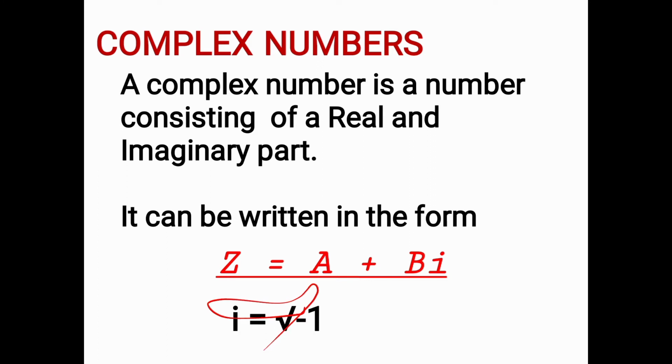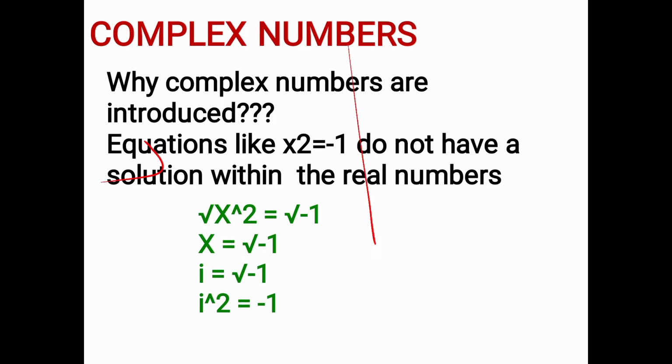Finally, we are coming to the complex number, which is z equal to a plus bi. A and b are real parts of the number, and i is the imaginary part. Example, z equal to 3 plus 4i, meaning 4 into root over minus 1. This is known as a complex number. The complex number consists of some real part with imaginary part. That is, it can be added or it can be subtracted.